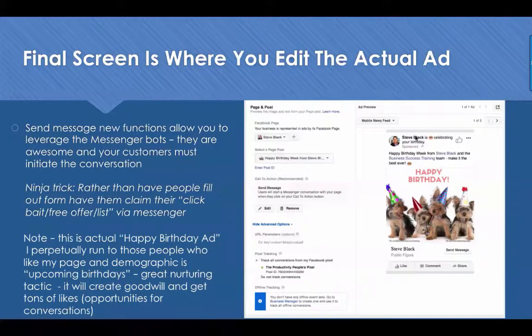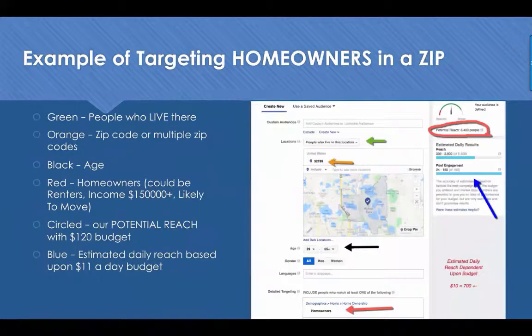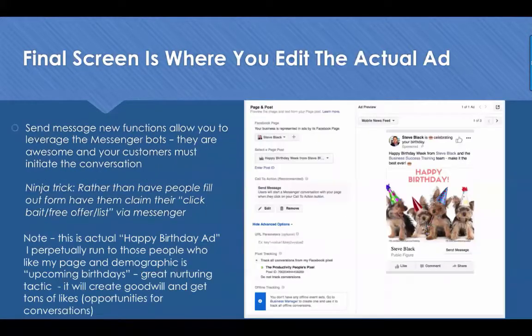So if I wanted to run an ad to people whose birthday it was, instead of where it said homeowners, under demographics, let me see if I go there where we targeted it. Instead of homeowners right here, I would choose people. I would just type in the words upcoming birthdays. And then I would drop down to another one below it where it says connection type and choose people that like my page whose upcoming birthday it is. I would choose, do I want to promote this from this page or another page?